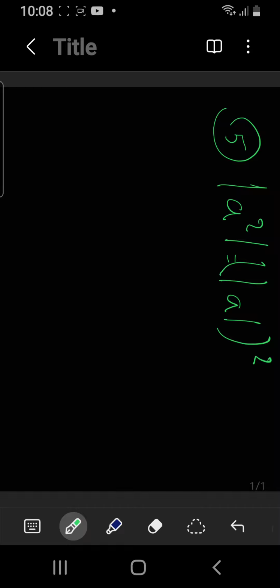And we have the sixth, or the last one, the absolute value of A is bigger than or equal to A. For example, for instance,